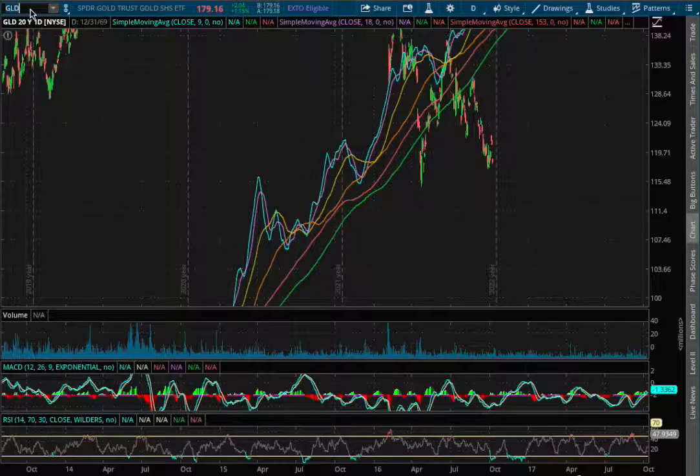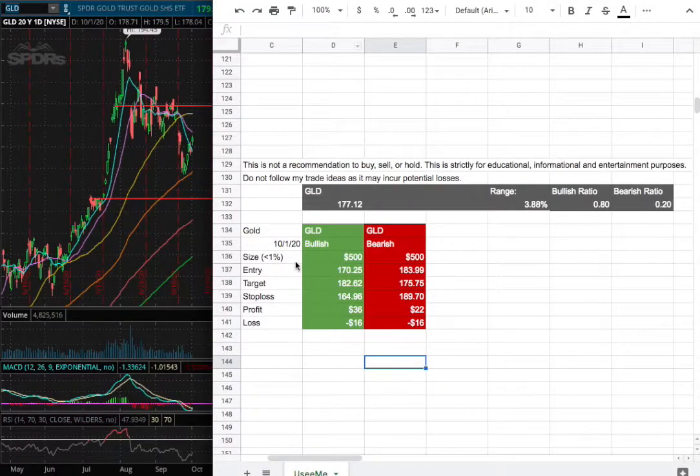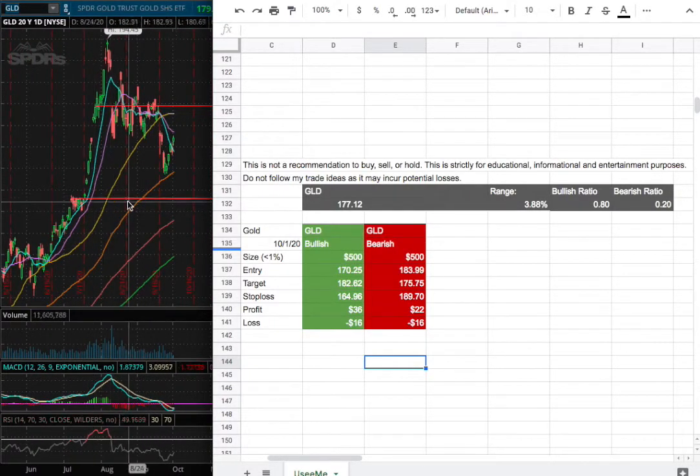So for the trade idea of the week, I'll be trading GLD, and my position size is going to be less than 1% of my portfolio. My entry will be at $170.25, which is this range right here, and that coincides with past resistance levels that date back to July 9th. And since we're above resistance, that will act as our temporary support. As for my long target, that will be $182.62, and my stop loss will be